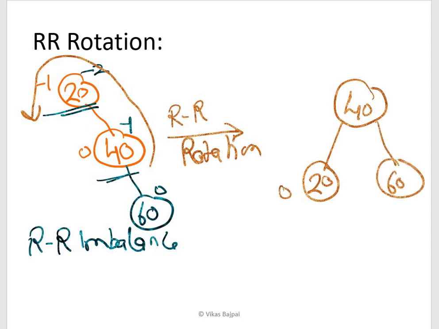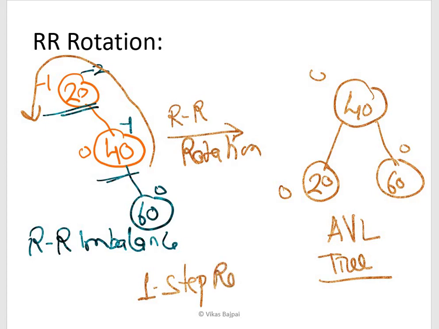Now 0, 0, 0, and we are able to once again achieve an AVL tree. And as I said previously, this is a one-step rotation, as simple as that.